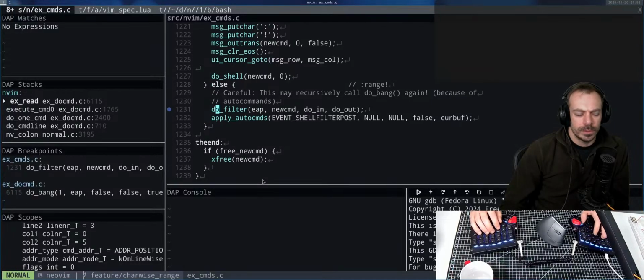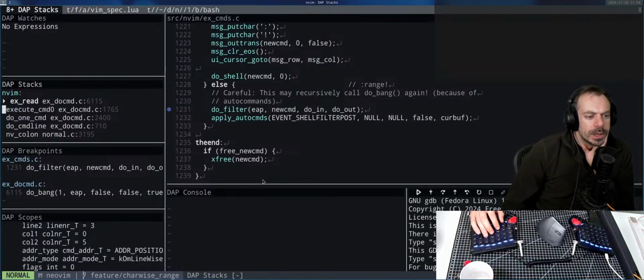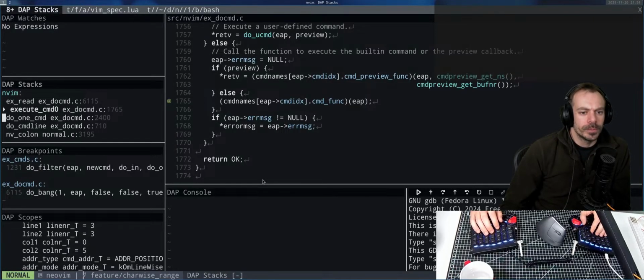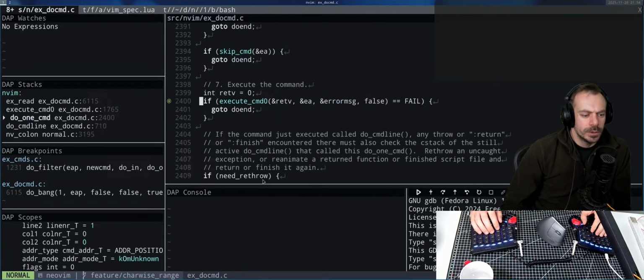So let's do a breakpoint here also. Do one command. Just go over here,